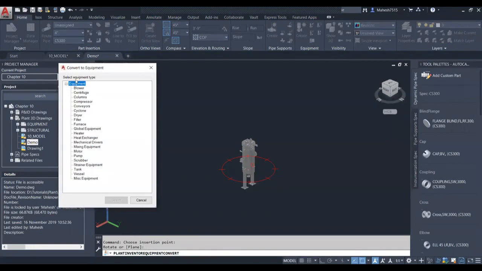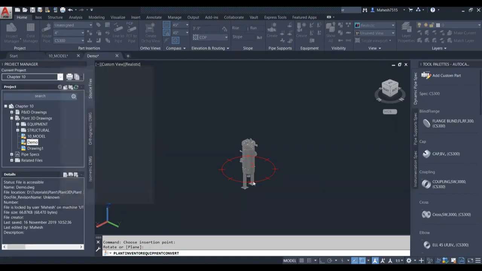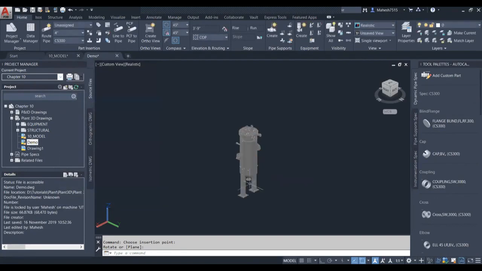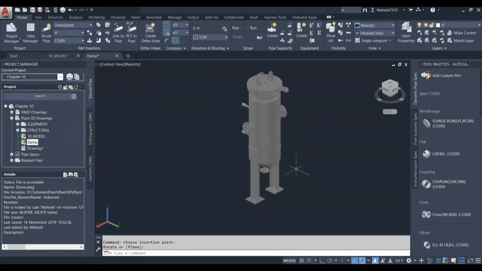It'll ask for an equipment type. I'll go with vessel. Is there a heat exchanger? Okay, I'll go with vessel itself. Okay. So now this is an equipment of Plant 3D. No more steps. We have converted an equipment.